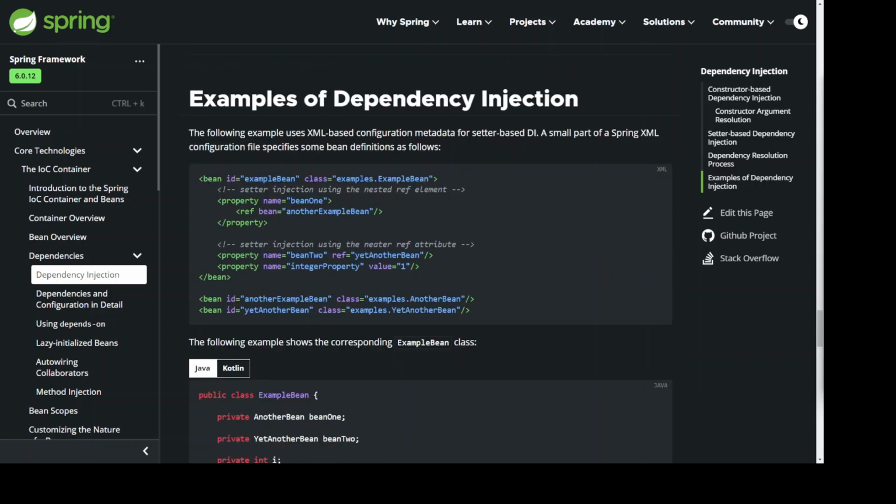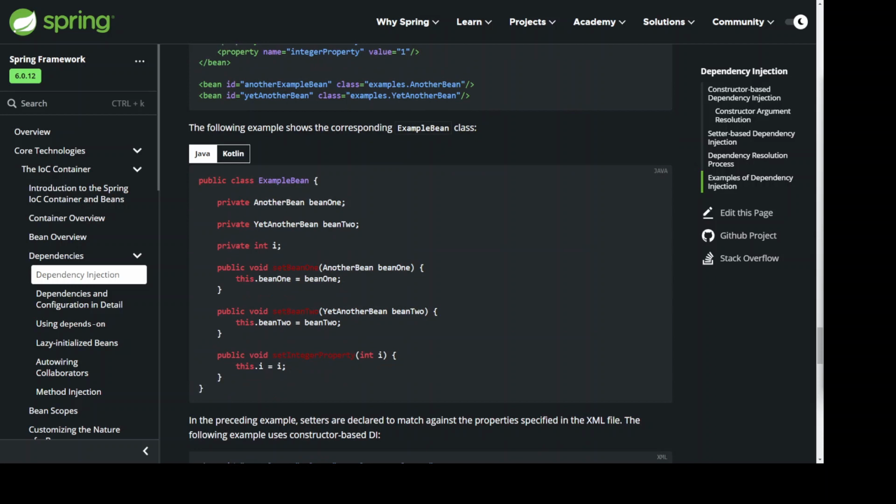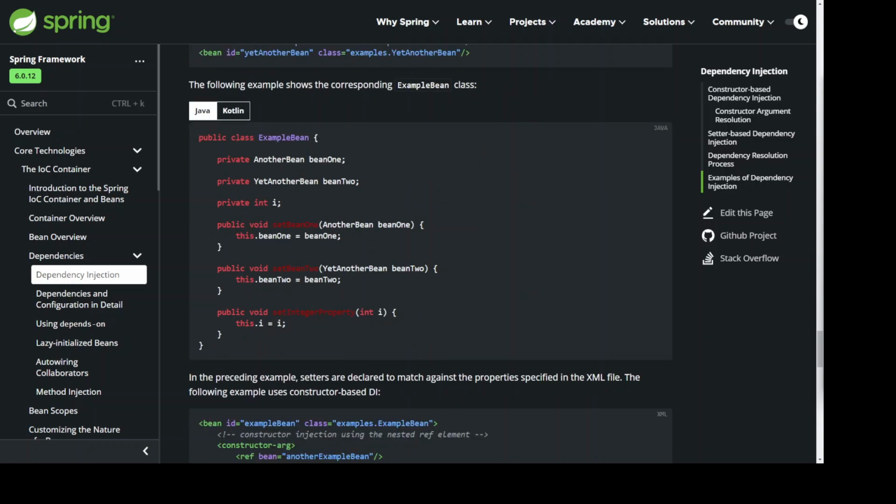Examples of dependency injection. The following example uses XML-based configuration metadata for setter-based DI. A small part of a Spring XML configuration file specifies some bean definitions as follows: setter injection using the nested ref element, setter injection using the ref attribute. The following example shows the corresponding ExampleBean class. Public class ExampleBean, private AnotherBean beanOne, private YetAnotherBean beanTwo,